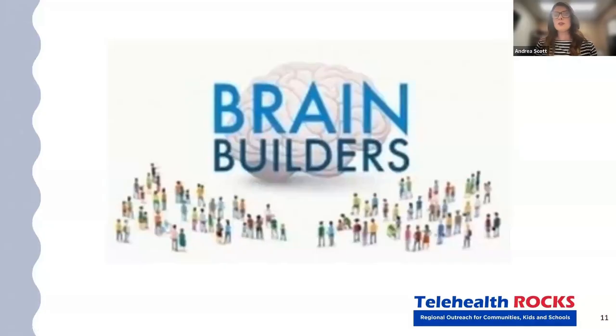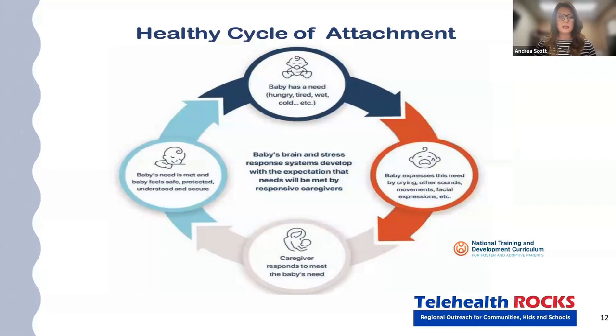Okay, I'm going to just refer to this. This is actually a video that will talk about the brain and builders, and it really explains how our brain works and how we have to work together to co-regulate the body in order for our nervous systems to talk to each other and the blood flow to get all the way from the brainstem all the way up to the frontal cortex. Next slide, please. And Christy, she's going to put the link in the slide.